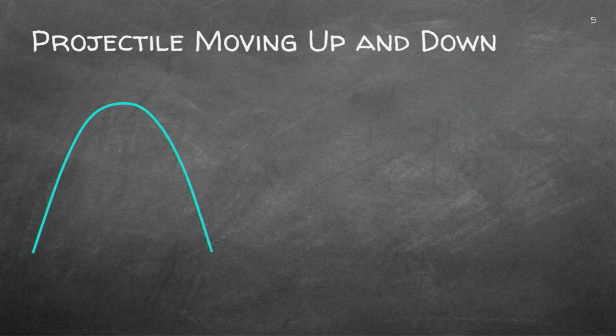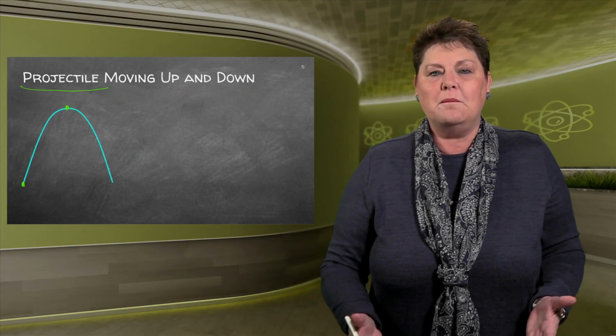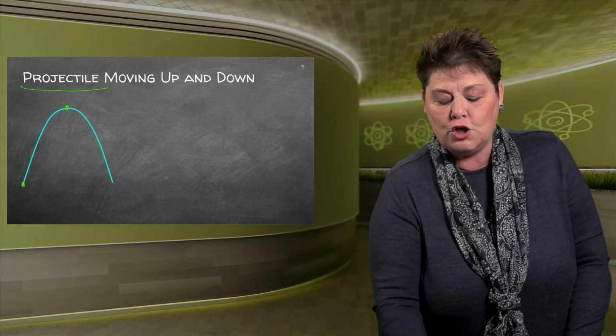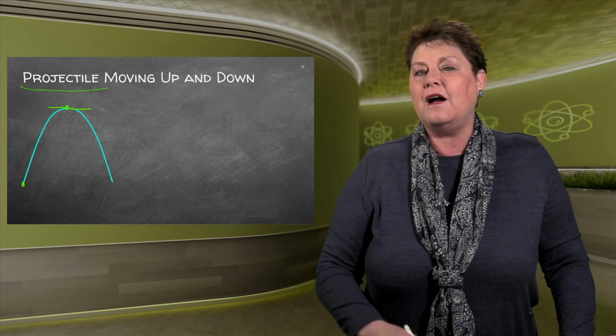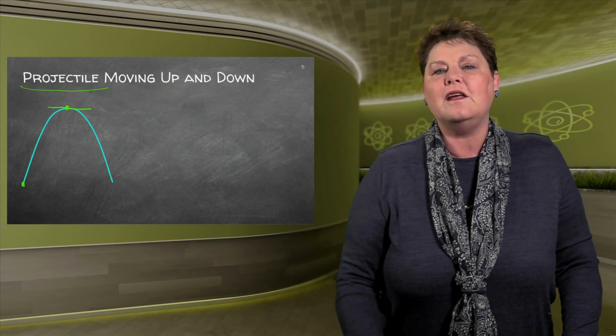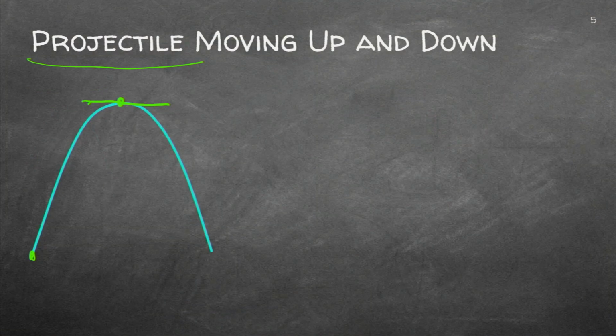So let's have a look. Projectiles start with an initial velocity, usually if it's going up. It goes up to that point there. It's the turning point. You can only turn around if you stop. Well, depending on whose car you are driving, mostly the matric learners are busy driving themselves. So remember, we usually have to stop to turn around. I found many people do turn around in motion. Well, you know what the end result will be. So it goes up to a velocity of 0 and then it moves down.